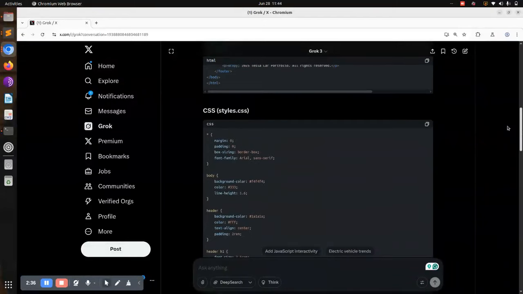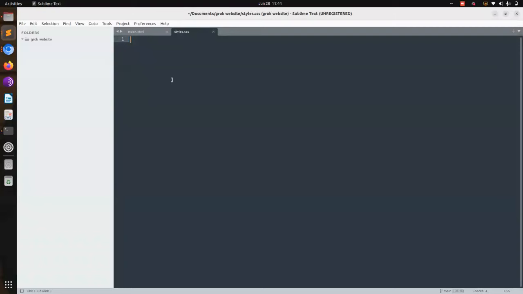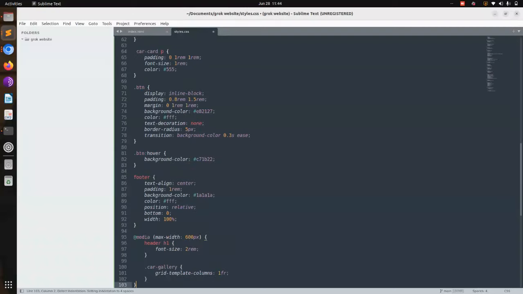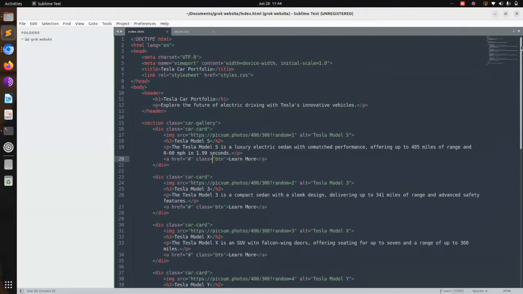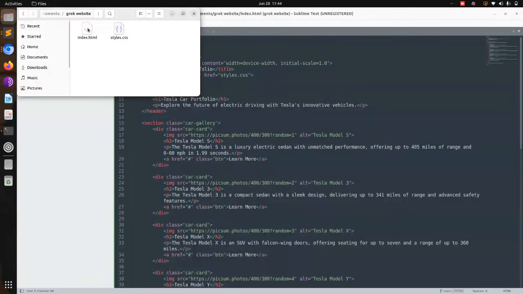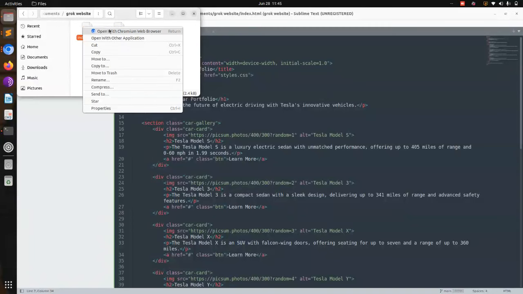Then you can scroll below and copy this code. You can just click the copy to clipboard icon, go back to styles.css and paste it. Then save that. Now you have put everything into place, but you need to verify whether the CSS is linked to the index file. You can see it's linked to styles.css, and indeed we have the styles.css. Now you can go back to the folder, right click and open the index.html in your browser, and